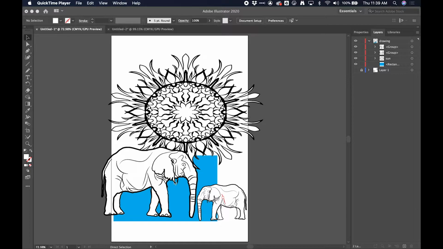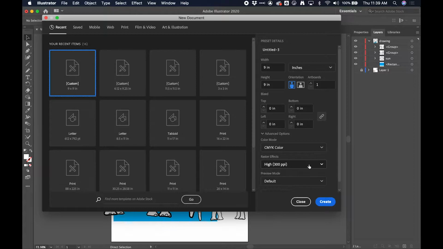Now we're going to be creating some grass elements and some cloud elements using a different technique that we haven't seen before, but it's similar to the mandala technique. So we're going to create a new document, Command N, and we're going to make this 9 by 9 as